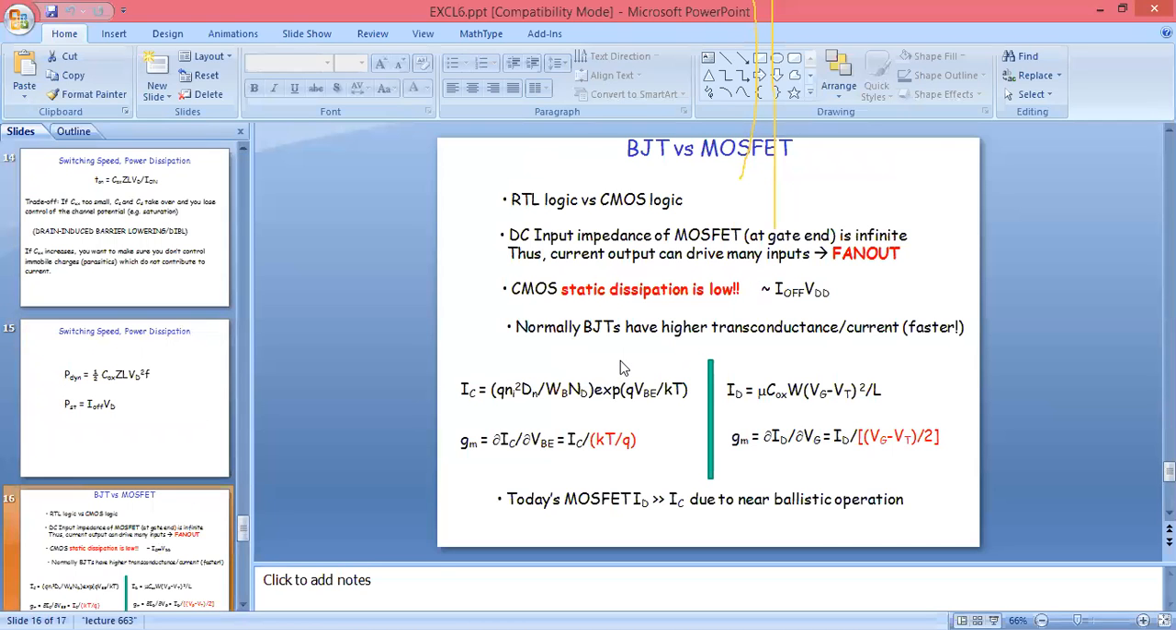If you compare BJT with MOSFET, then you can see it is an RTL logic with respect to BJT's CMOS logic. Then the DC input impedance of a MOSFET is finite as compared to the BJT. Meaning, if you compare BJT and